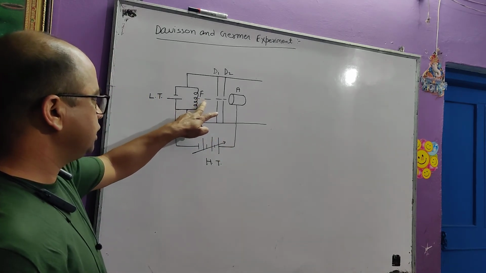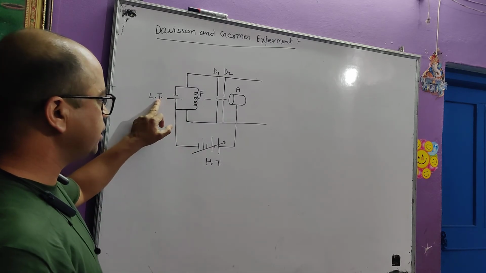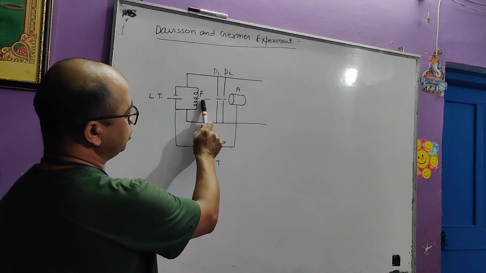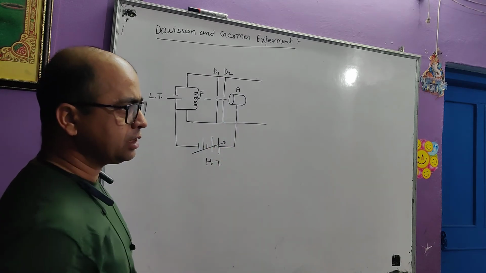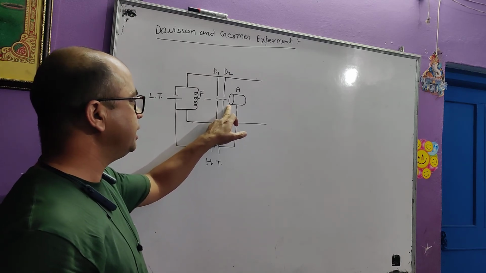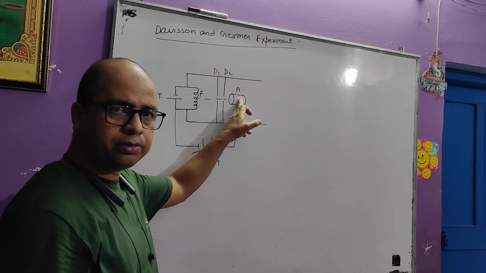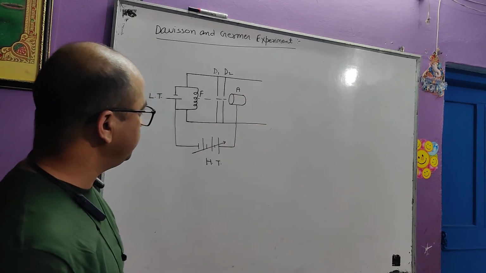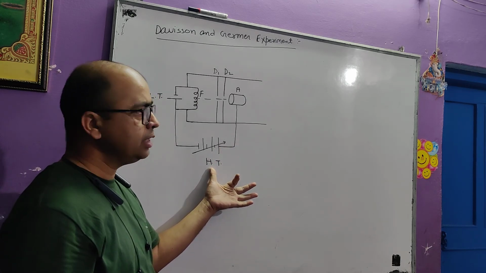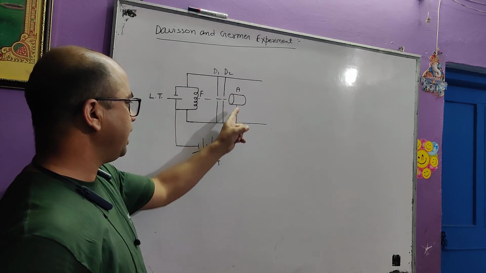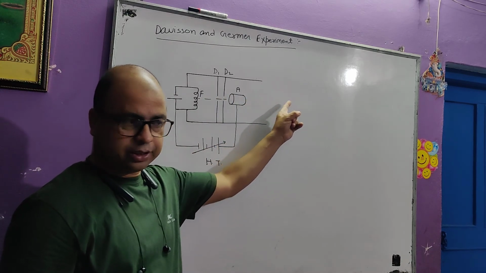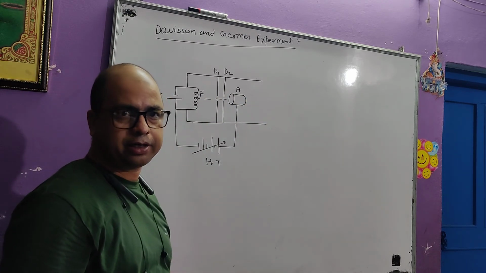Now again, this is the filament which is heated with the help of a low tension battery. Electrons are emitted from the filament and restricted to a fine beam with the help of directing slits D1 and D2. The fine beam of electrons is attracted by the hollow aluminium cylinder A, which is connected to the positive terminal of a high tension battery. As a result, the electron beam is attracted by this positive aluminium cylinder, and its speed will increase as the potential of the high tension battery increases.